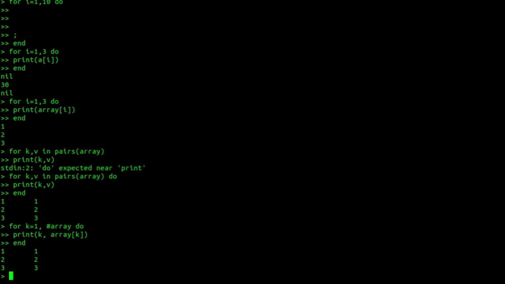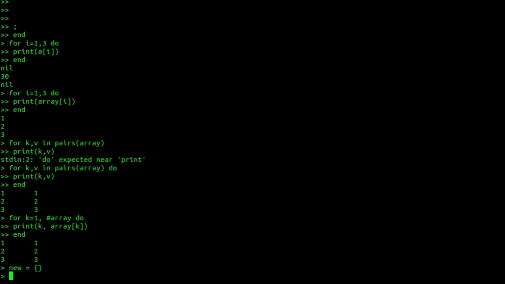Now let's talk about the table library, which is inbuilt in Lua. You can use the table library to create tables, insert values inside and remove values. To give you an example, let's create a new table altogether. I'll say new equal to an empty table, so I have initialized one table. Now to insert a value, I will use the table library and say table.insert. The first parameter will be the table name, so in our case it is new.